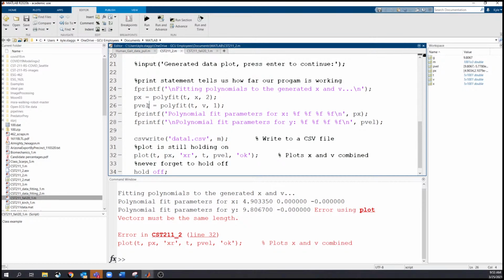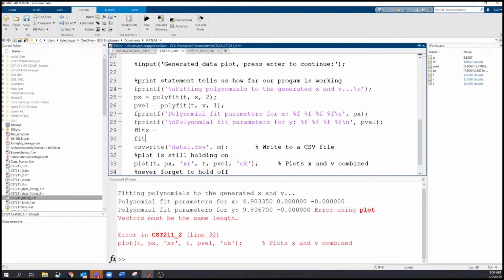Oh, because these are my fit parameters, and I would have to do polyval. Polyval, correct, because these are the fit equations. So let me add in, that's actually a good thing to cover as well. So let's do fit x equals, and then fit vel equals. So we're going to do two of these. One of them is going to be